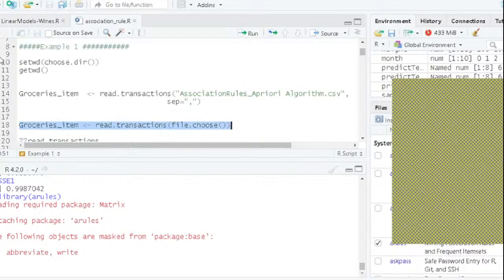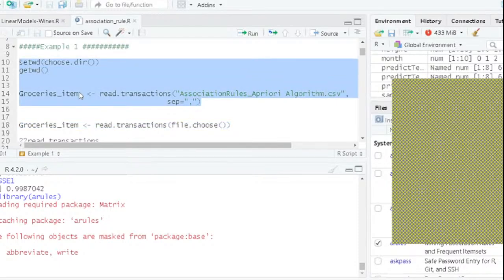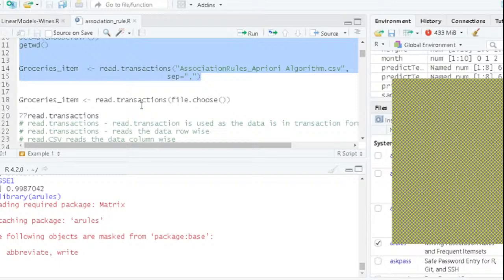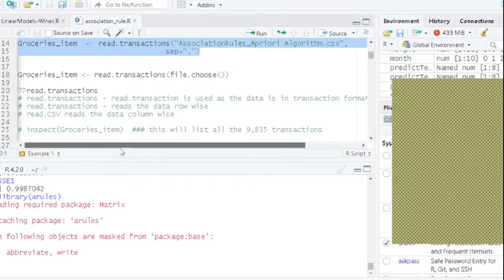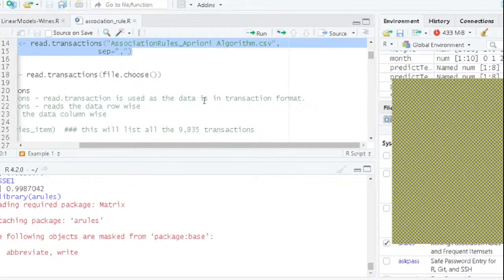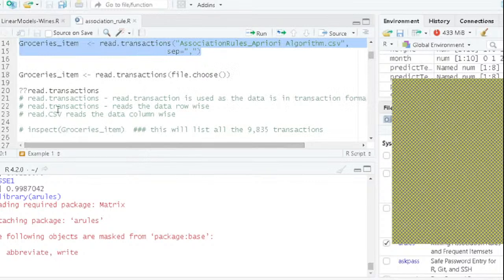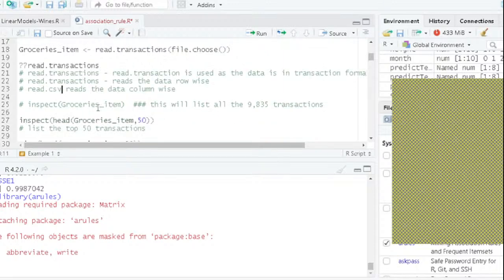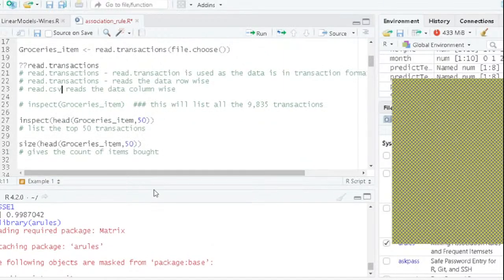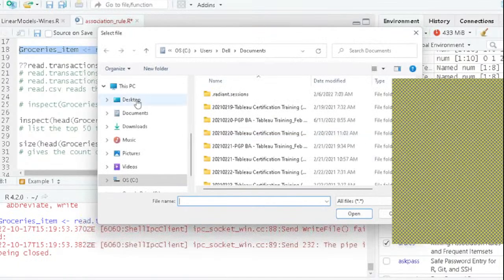Otherwise, you'll have to set the directory, get working directory, and all that, which can be avoided if you straight away do file dot choose. Now let me just read through this. Read dot transactions is used as the data is in transaction format, already discussed. It reads the data row wise. CSV, read.csv, reads the data column wise. Is that clear? So quickly, can you do read.transaction, file.choose, and